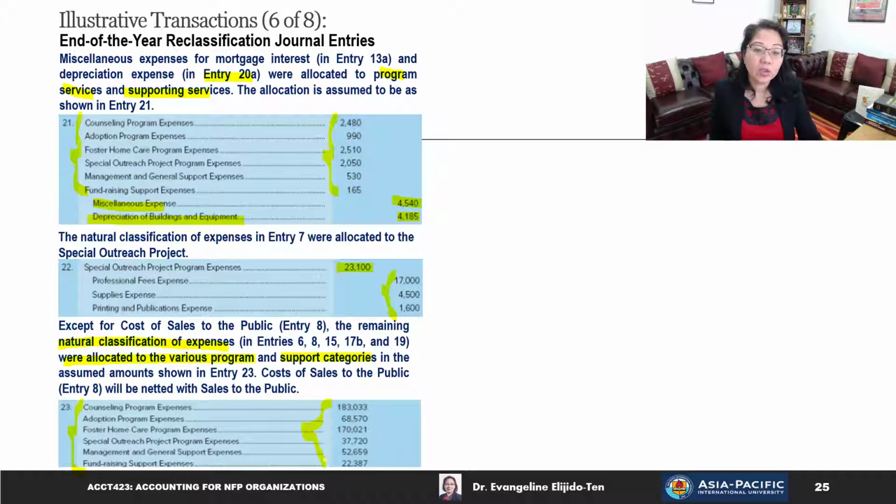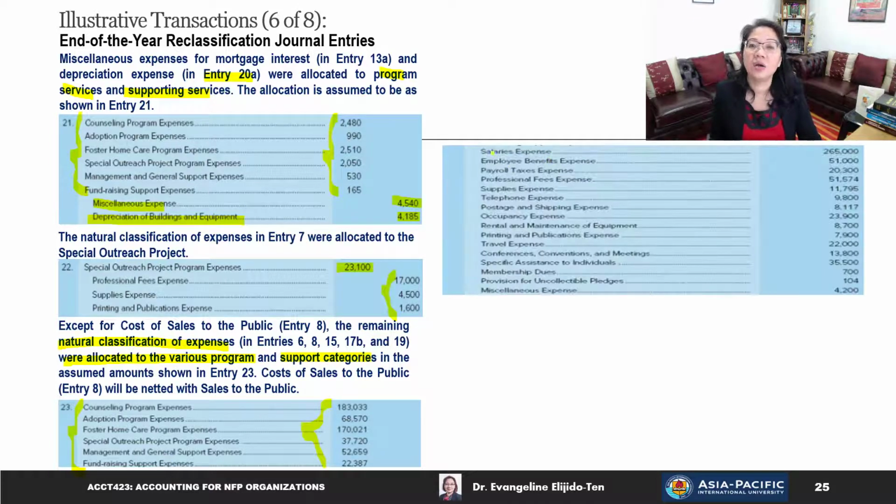And we are crediting all those naturally classified expenses as we recorded earlier in those entries 6, 8, 15, 17B, and 19. So all these expenses will no longer be shown in the adjusted trial balance because it's now being reclassified to